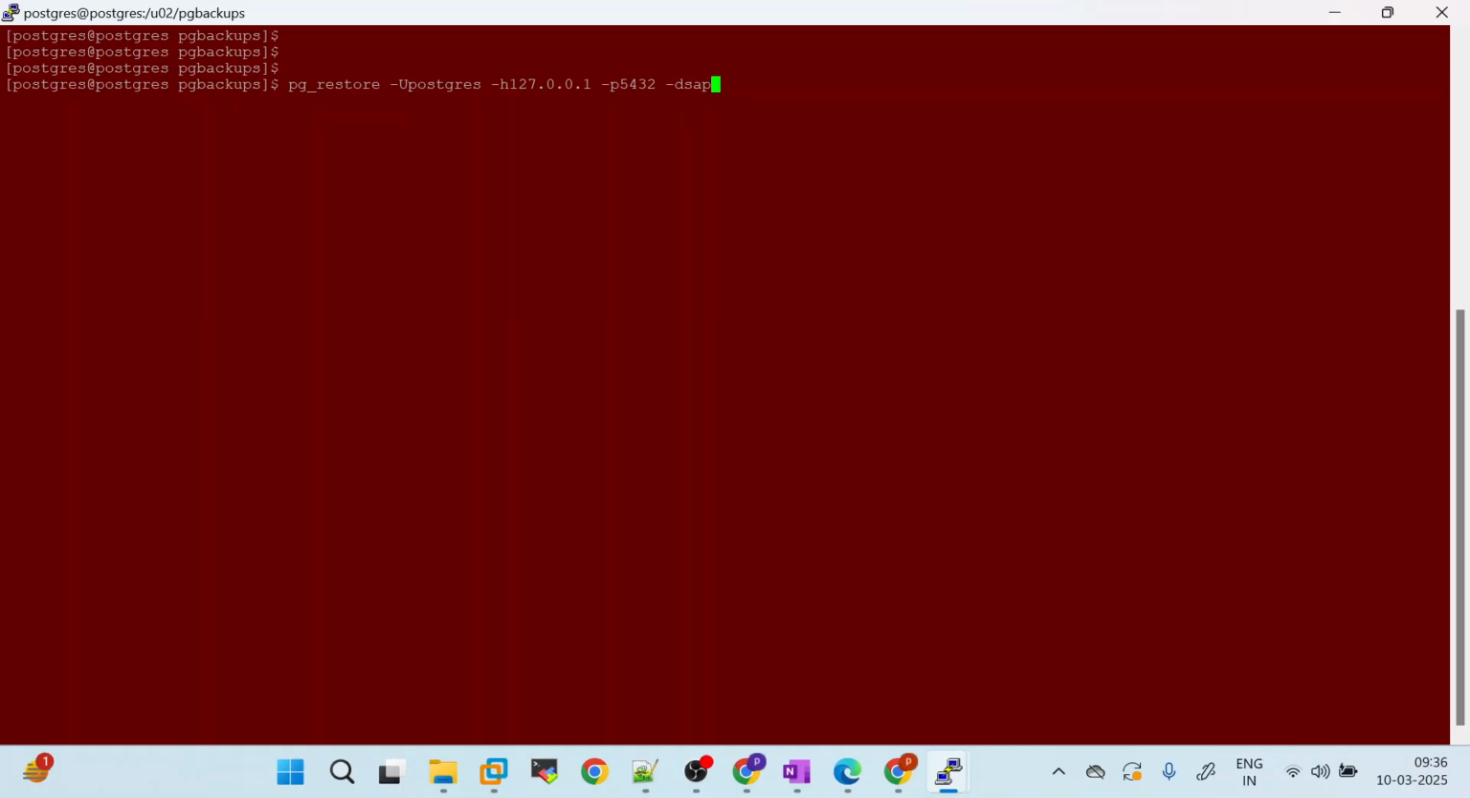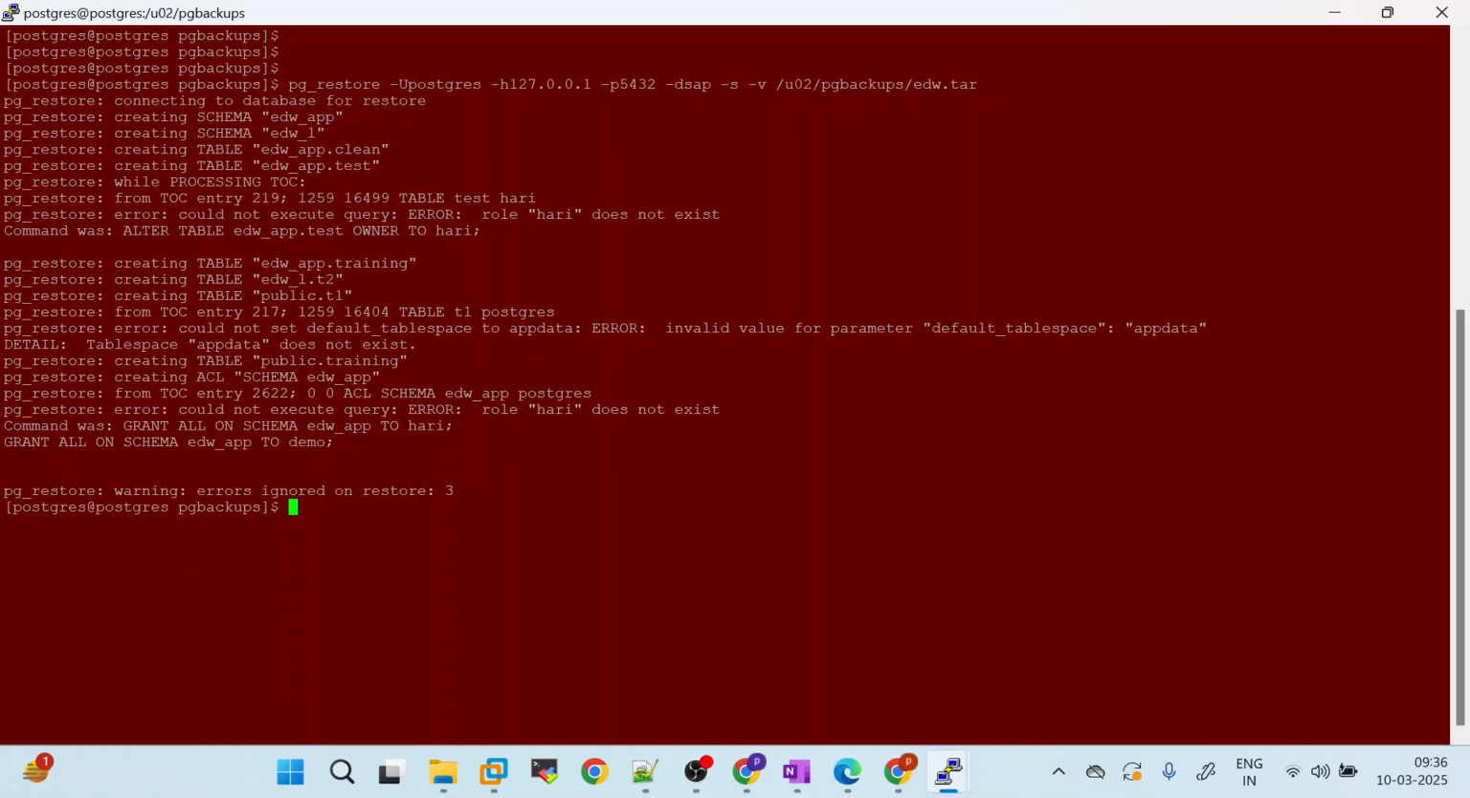In which database do you want to restore? I want to restore into the SAP database, and I want to restore only structures. -v is for verbose, -s is to restore only the structures, and the backup file is /u02/pg_backups/edw.tar. So if you see, do you see any statements for restoring data? You don't see any statements for restoring data